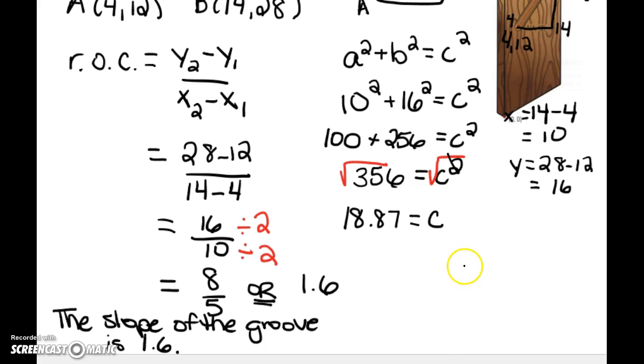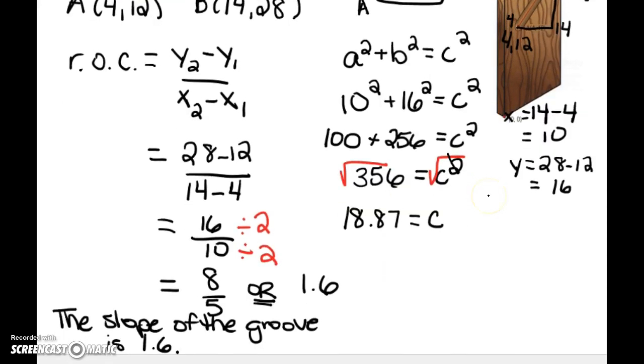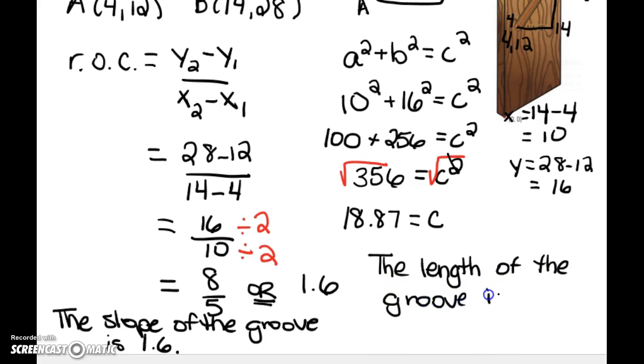From there, we found out what our x value is, or in this case, c, which is our hypotenuse. And that represents the length of your groove from point A to point B. Now, to fully answer this question, we do need to have a sentence. An example of a sentence could be: the length of the groove is